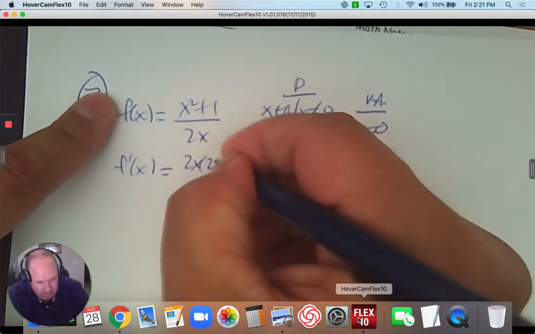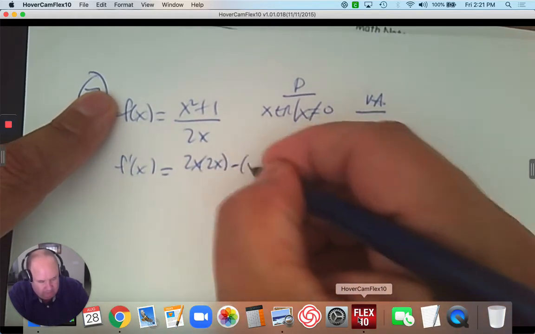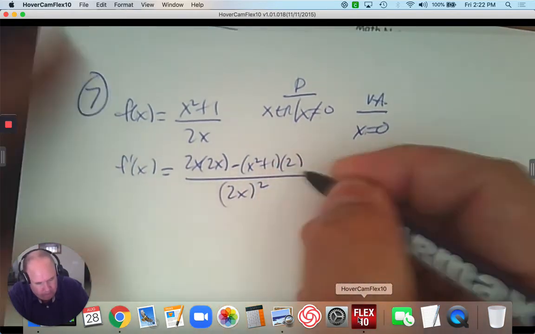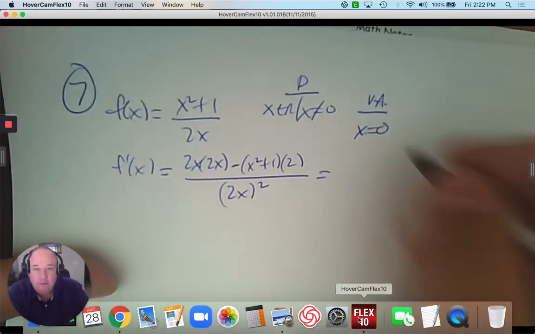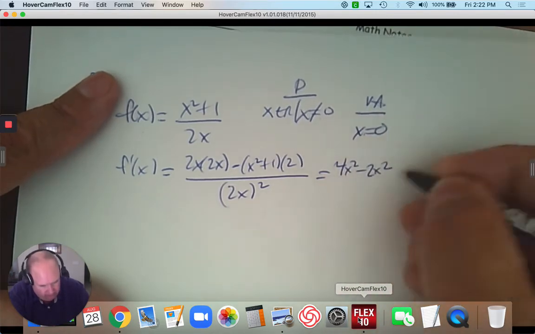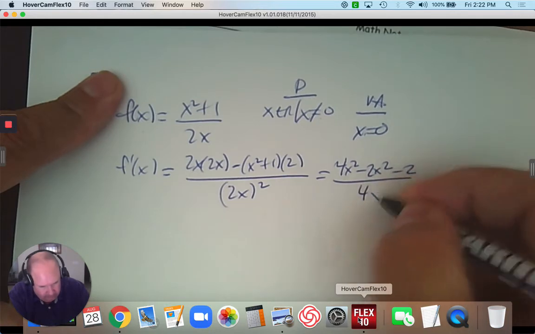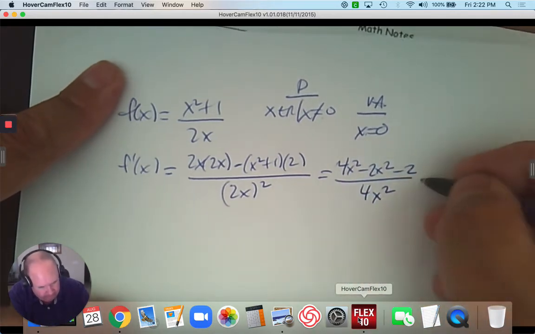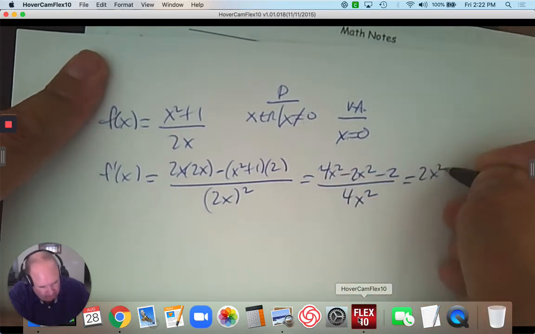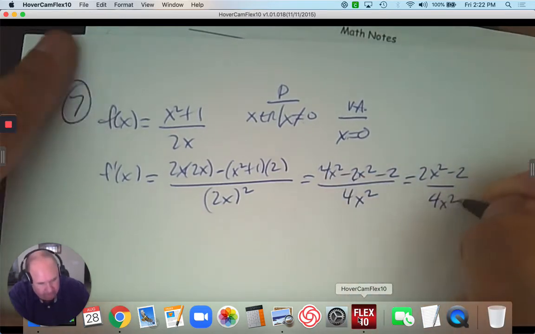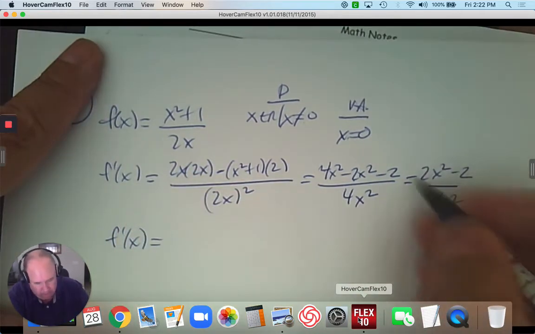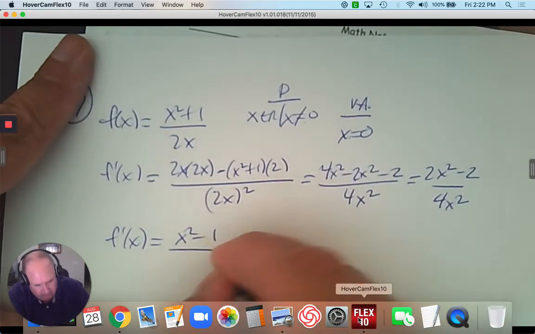That's the bottom times the derivative of the top minus the top times the derivative of the bottom, and then the bottom squared. So if I simplify that, I get 4x squared minus 2x squared minus 2. The bottom is 4x squared. If I keep going, 4 take away 2 is 2x squared minus 2. It might be helpful to simplify it one more step. Divide a 2 out. If you factor out 2 and divide it out, you get x squared minus 1